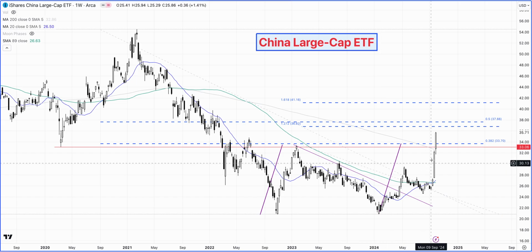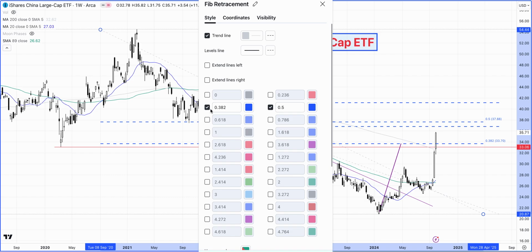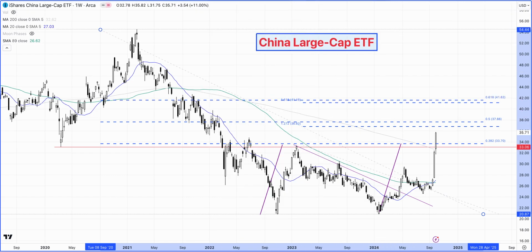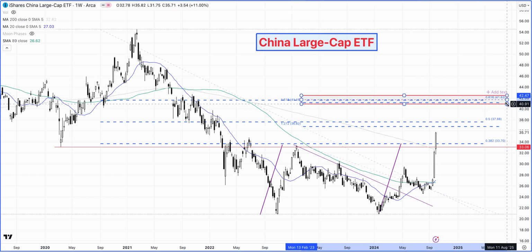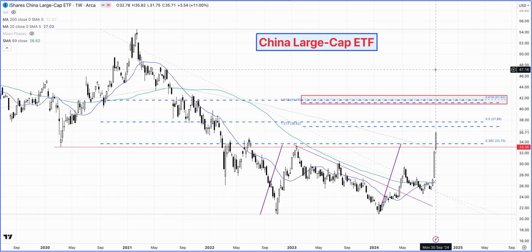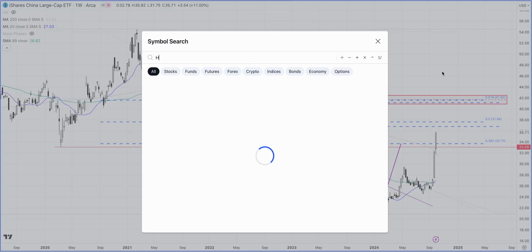And here we go. So I think it's got a chance to go and actually hit the 41 level, which is the 1.618 expansion, and I believe that's where we have the 61.8% retracement as well. There we go. So this region, in my opinion, is going to be a target for us, but it could also be a resistance point where we could see some sort of a pullback in this market. And of course, this market remains really strong.